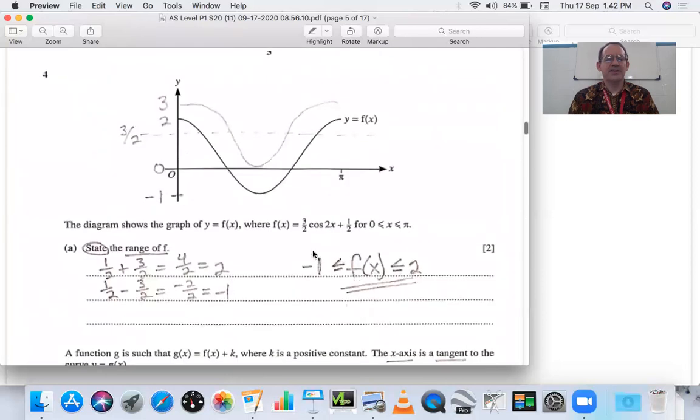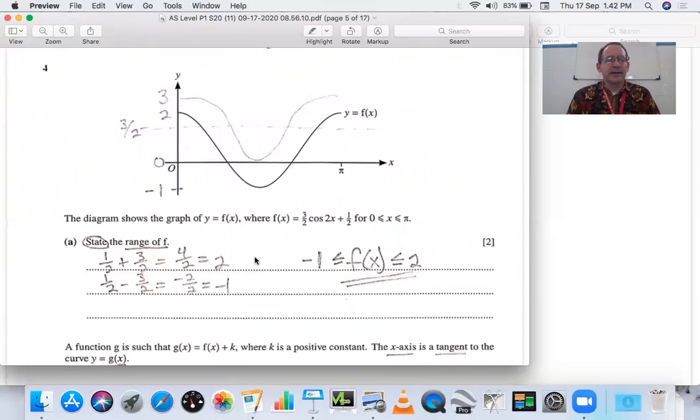x. So that means up here, we need to take this graph, we're going to add a constant to it, which basically just moves it up the y-axis. And we need to move it up such that the x-axis becomes tangent to the graph. So this here, if you remember, our range is from -1 to 2. And from 1/2 to 3/2, we have where we have that